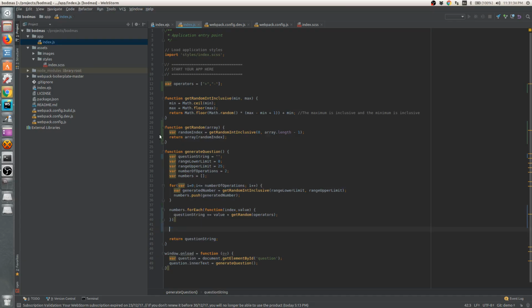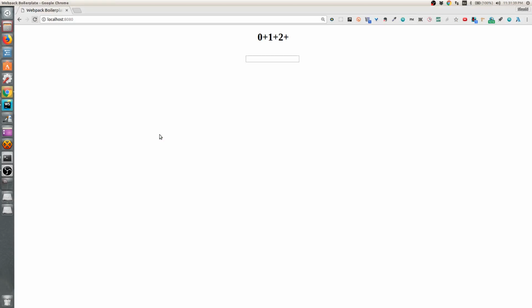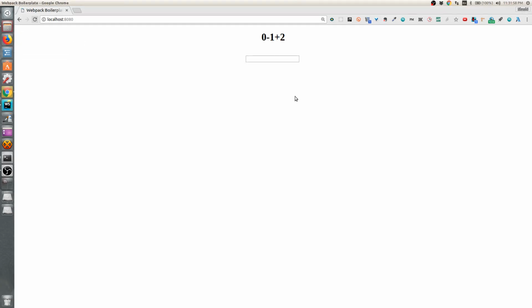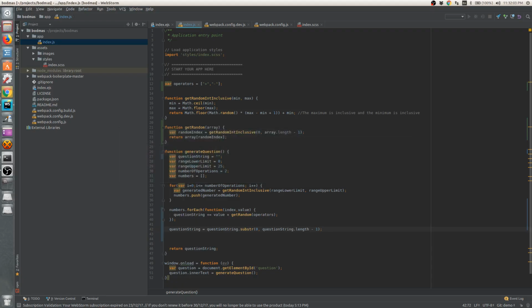And yeah, I should remove this. So now I see that I'm getting an extra plus sign, so that also we can do away with. Great. So now what I have to do is bind the answer to,